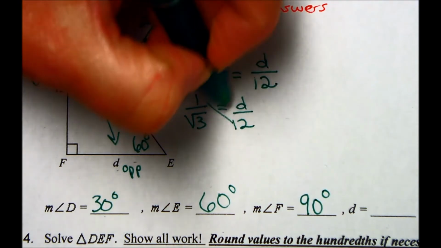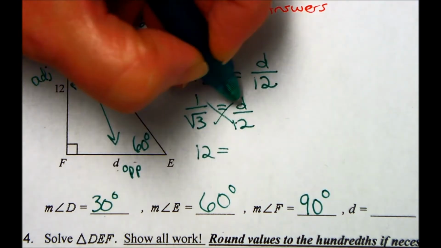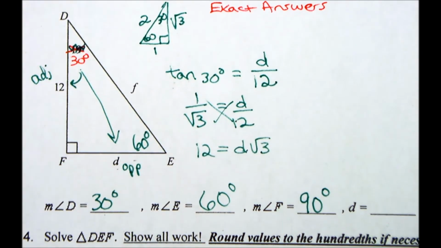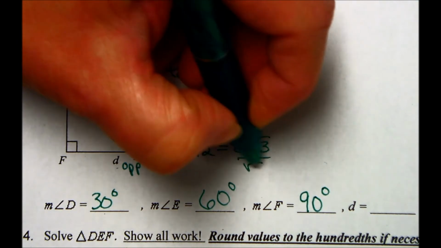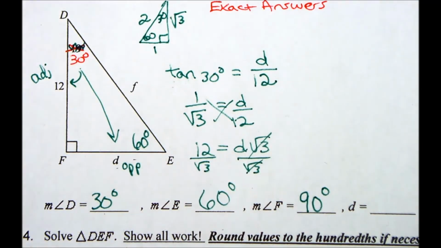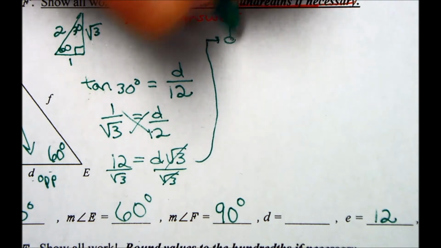If I cross multiply here, 1 times 12 equals 12. D times the square root of 3 is D square root of 3. Now I have to divide by the square root of 3. So D is going to equal, I'll just rewrite that up here. D is going to equal the 12